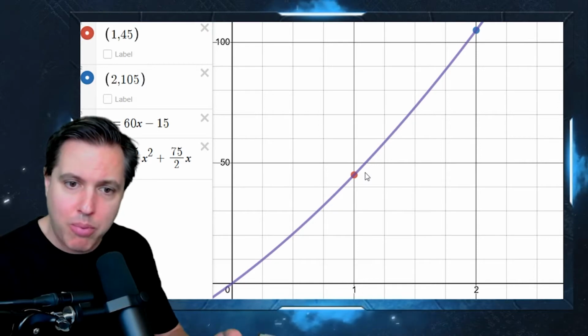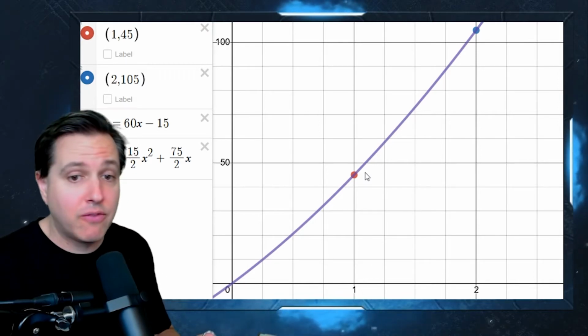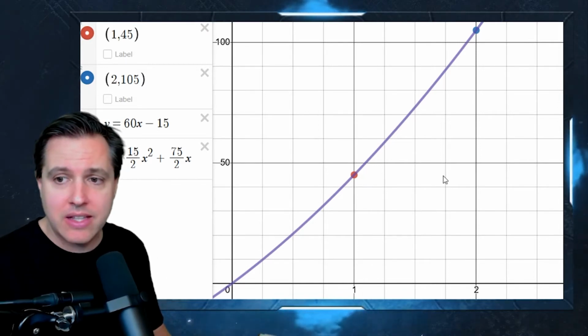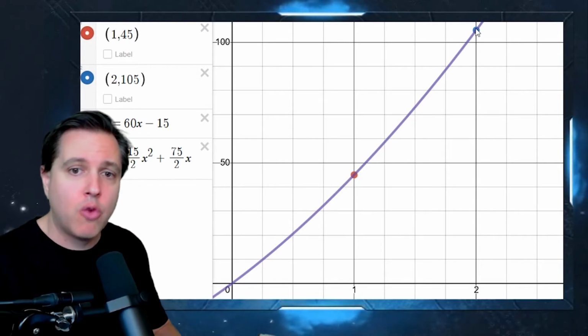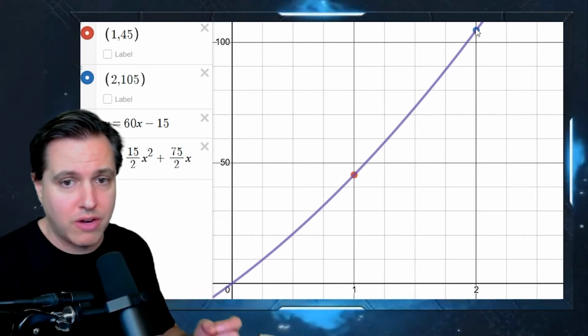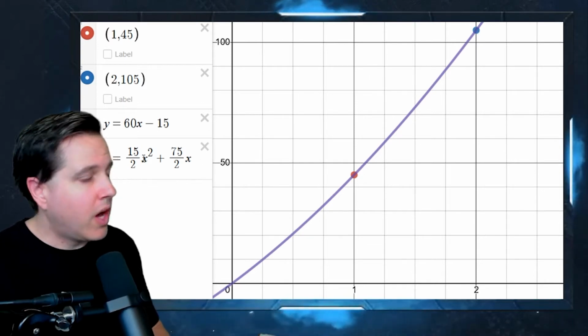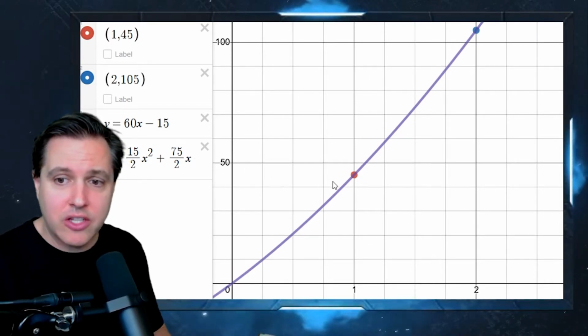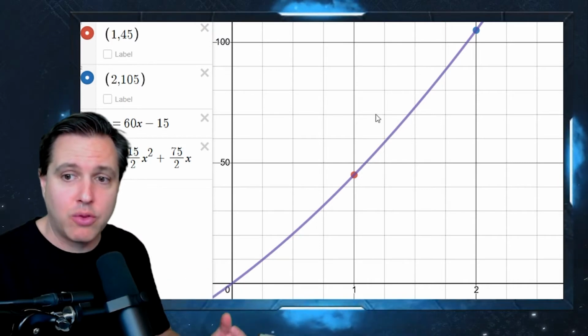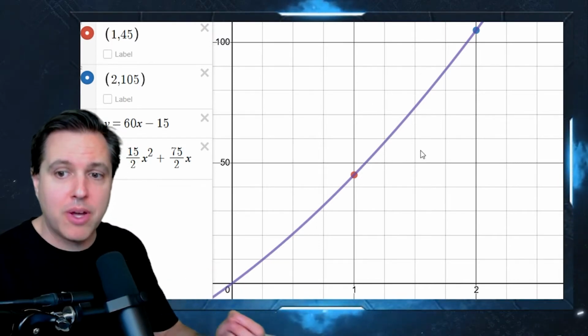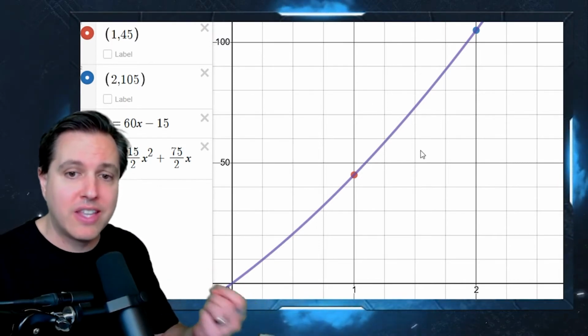So we took a data point right there. And then at the end of the second hour, we took note again and said, oh, at the end of 2 hours, we have now traveled a total of 105 miles. Okay, so notice that these 2 points lie on this curve. That for this problem, we don't actually know this purple curve, but they are 2 points that lie on that